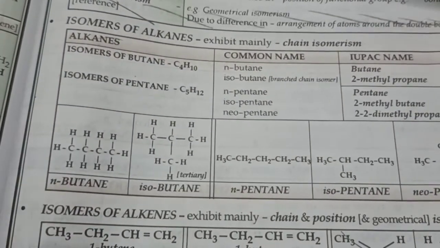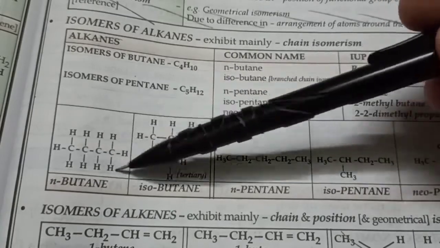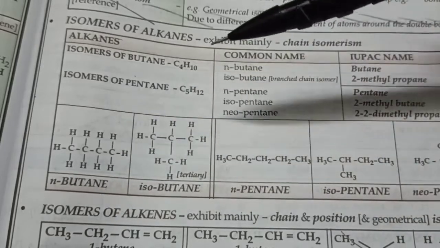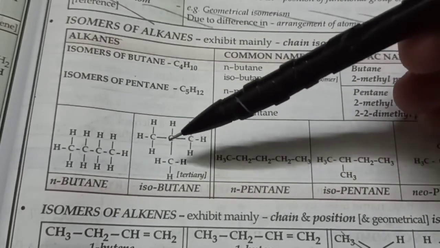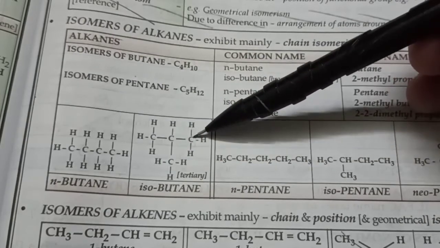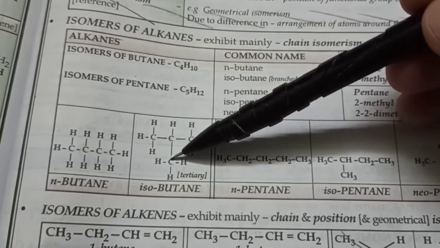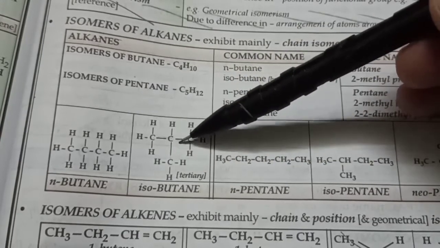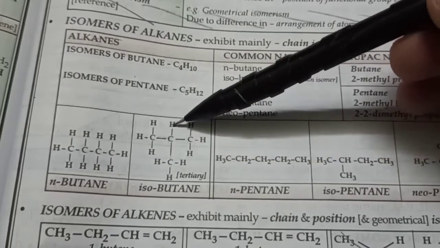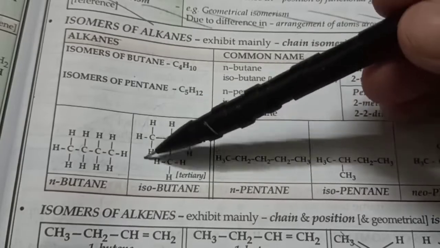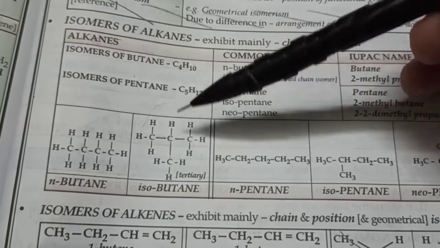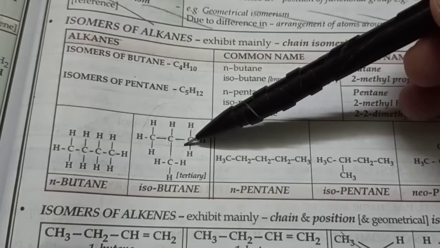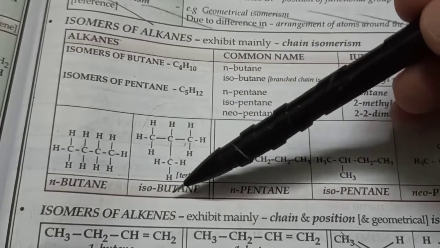Let's talk about butane. But means 4 carbon atoms and ane means single bond. That's C4H10. This is a normal butane. But what if we arrange the 4 carbon atoms like this? 1, 2, 3 carbon atoms and the 4th one out here. And then put the hydrogen atoms. So this one will have only 1 hydrogen atom because 1 bond, 1 bond, 1 bond, 3 bonds are done. So the 4th bond will be a hydrogen atom. And yet the formula of this is the same, C4H10. So even this is butane. But structurally it's different. Its physical properties, melting point and boiling point, will be very different. Commonly it's called isobutane.